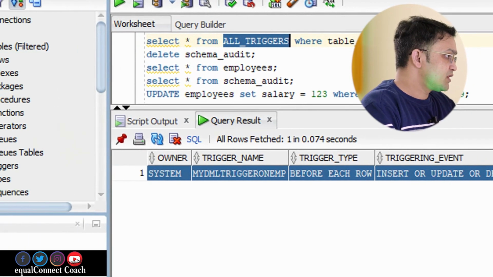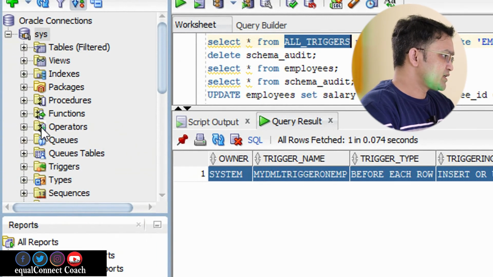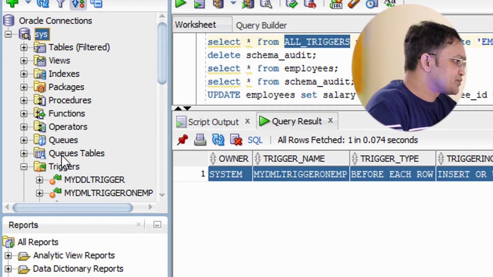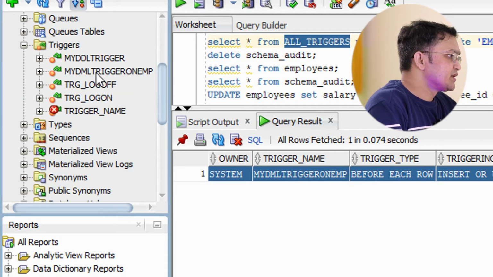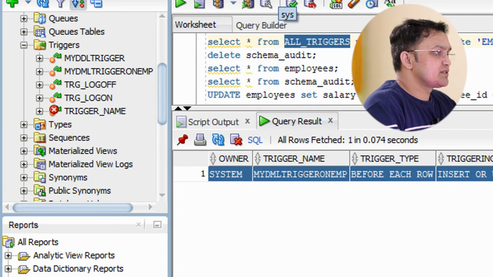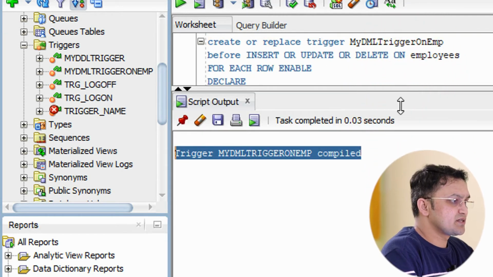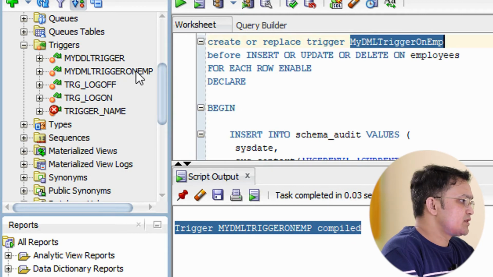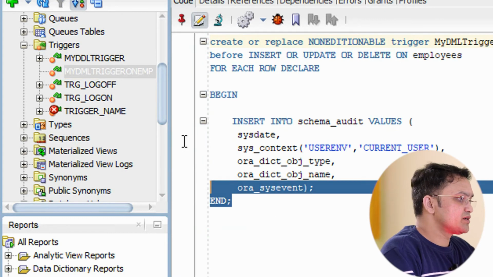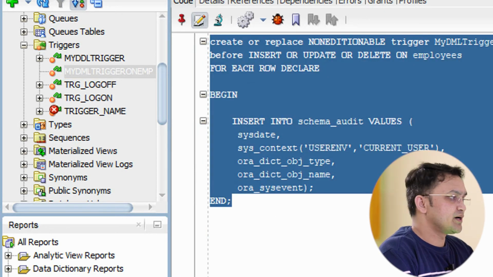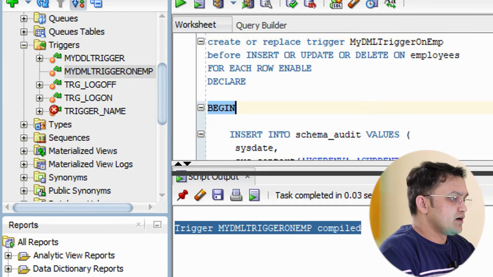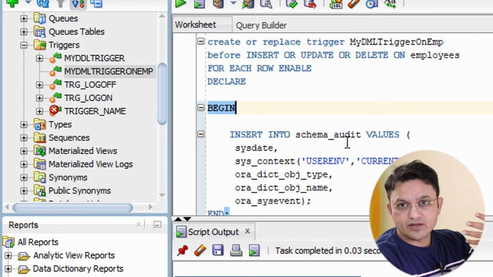One more option is also there in SQL Developer, that is your left bar. In that there will be a trigger option. You can see my trigger got created here, and this is the trigger name I have mentioned, correct? This is how you can refer to the trigger, and you can see the definition got opened if I double click on this. So I am done with the definition and writing of the trigger.